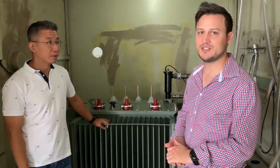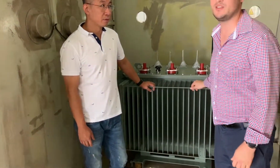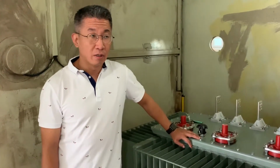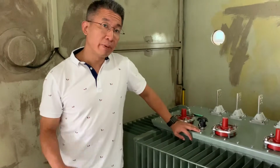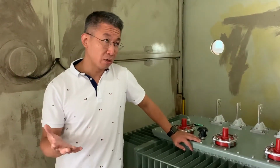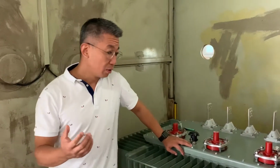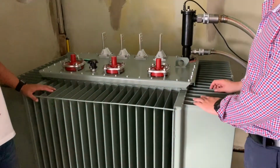We're here at the Carbolus factory in Qingdao, China, and Feng Long is the managing director here. He's going to explain a bit about a special process that his factory uses. We apply a special process we call integrated vacuum oil filling system, compared with the classical vacuum oil filling system. As is well known for power transformers,